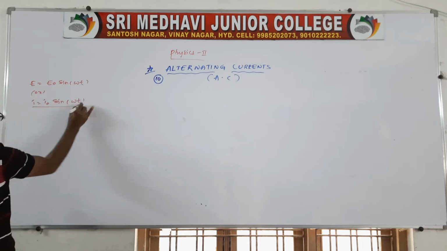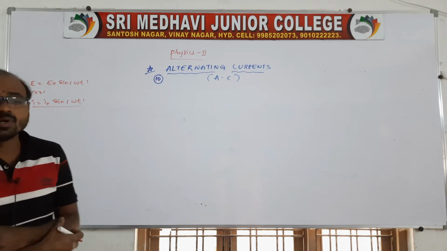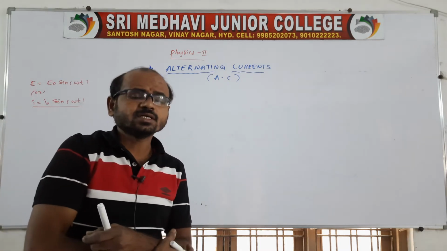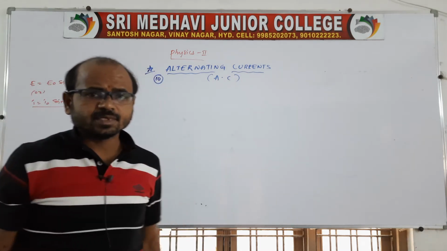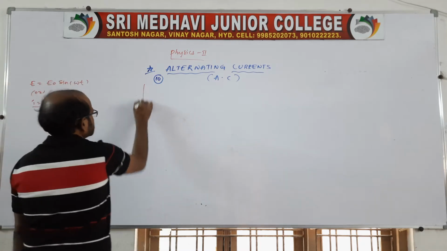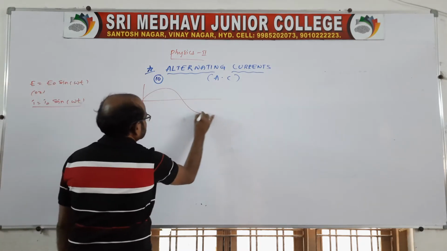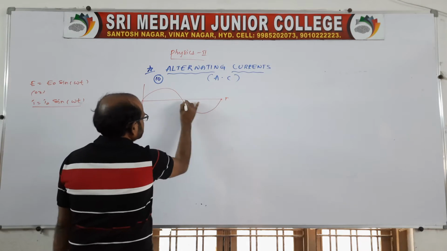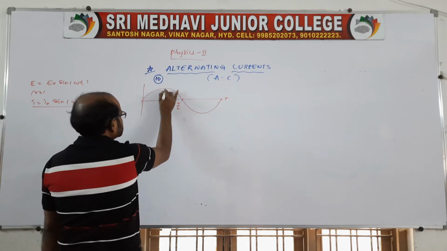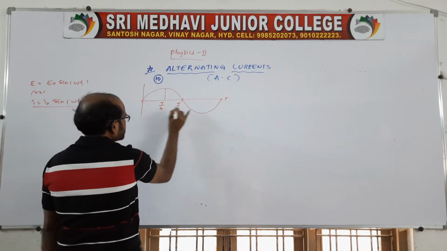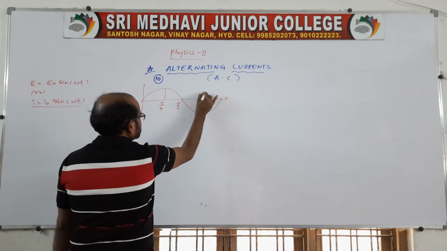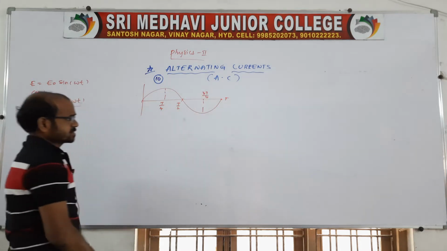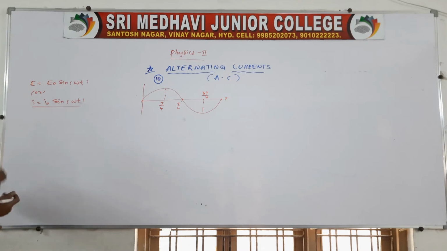Now we are finding the value of the EMF during a full cycle. Therefore you draw a full cycle. Now I am showing the full cycle like this. It is a full cycle of time T, this is T by 2, this is T by 4, and this is 3T by 4. If I go through these times, what will happen to the EMF?